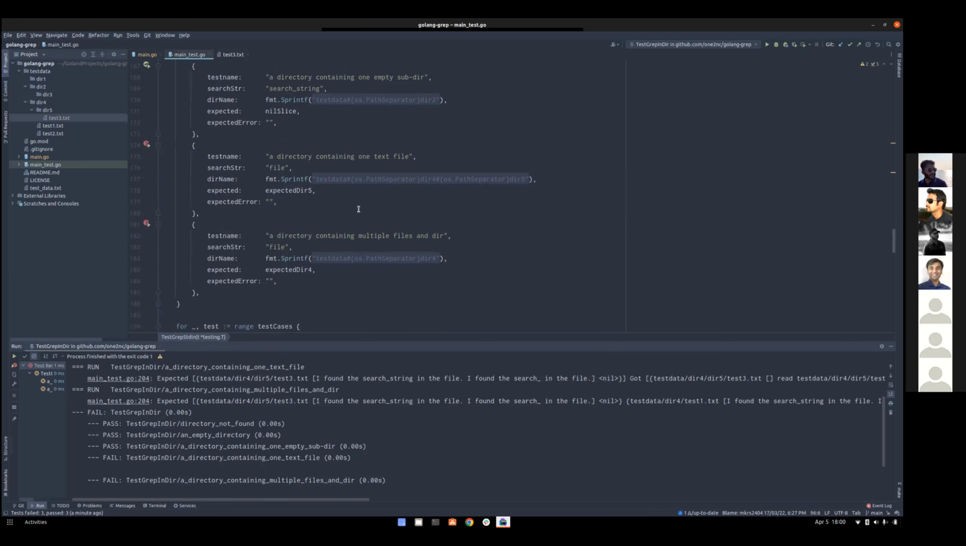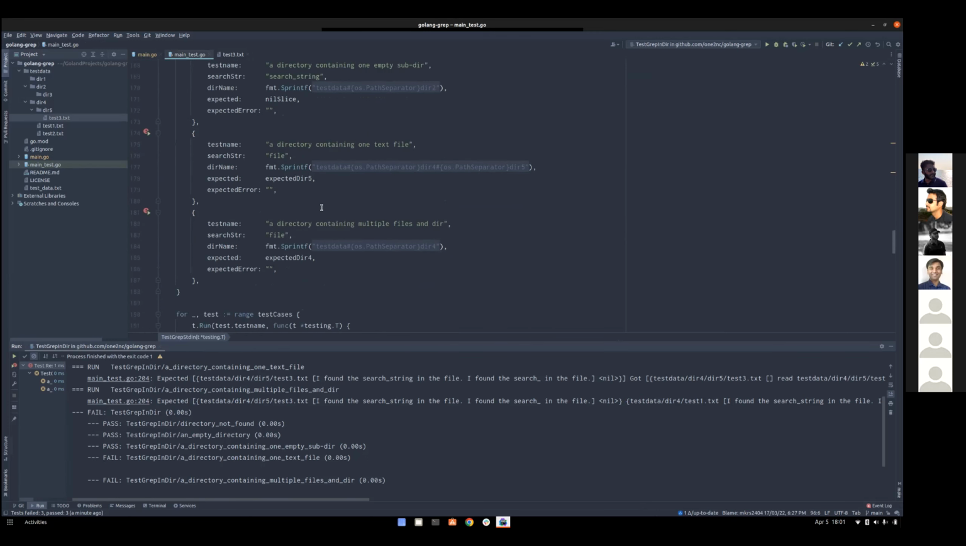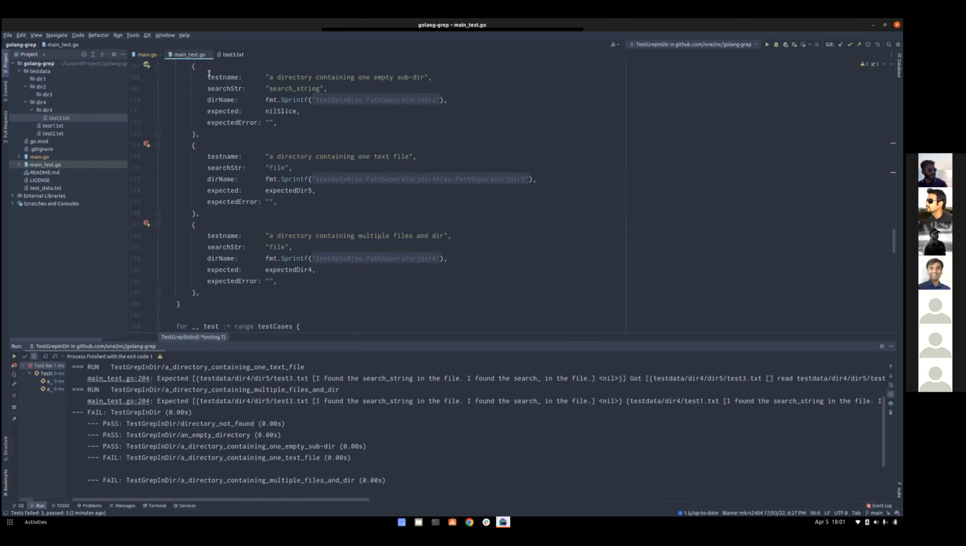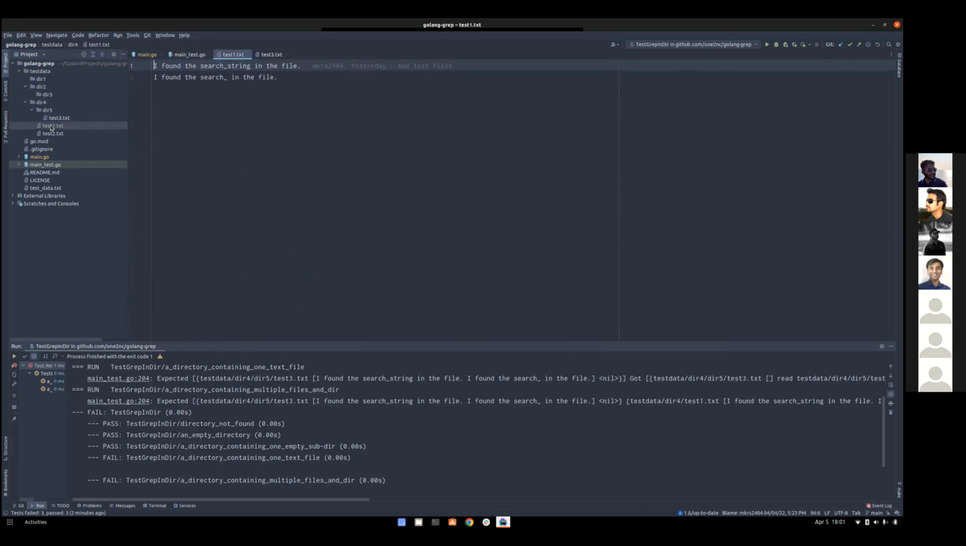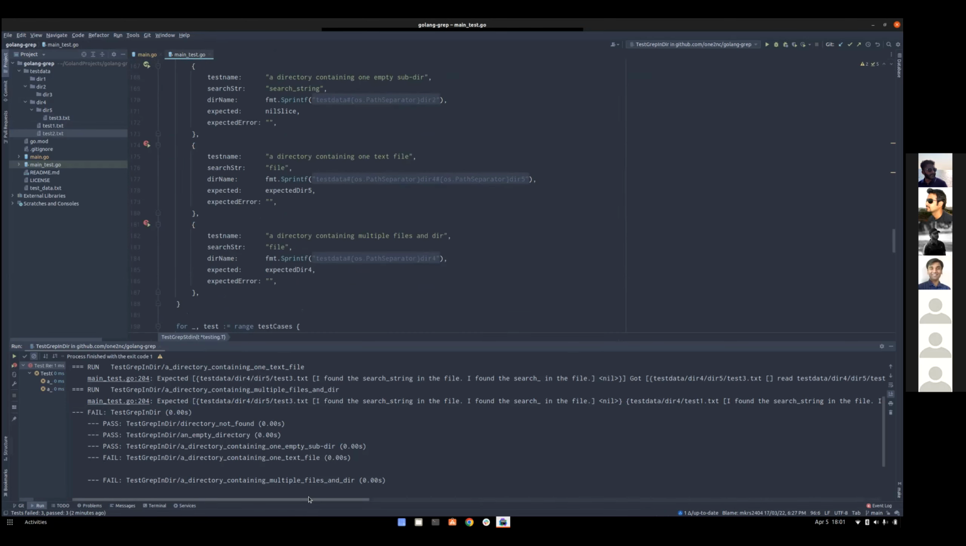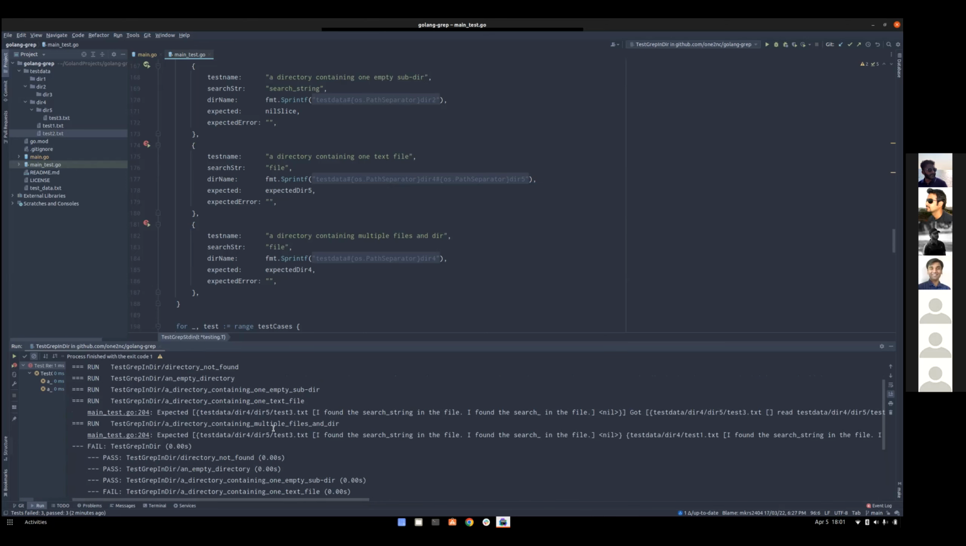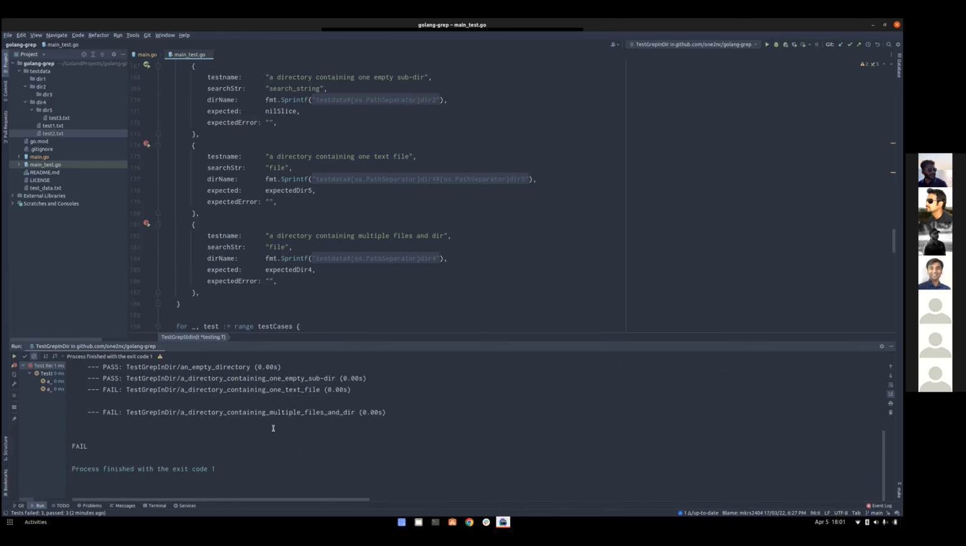Here the search string is different, as you can see. Both are file. So test 3 should have 2 matches, and this is PR4, so I'll have test 1 and test 2. So 3 matches should be there. If you read the error, it says file already closed. I think the file